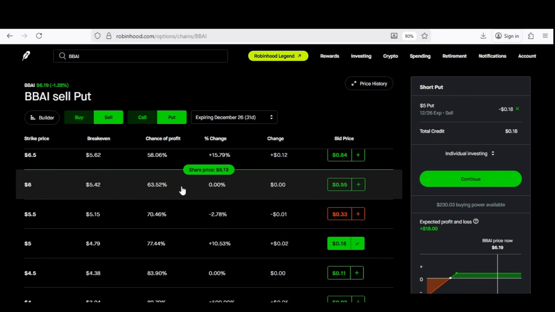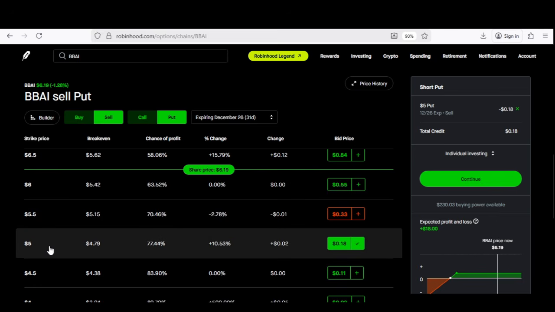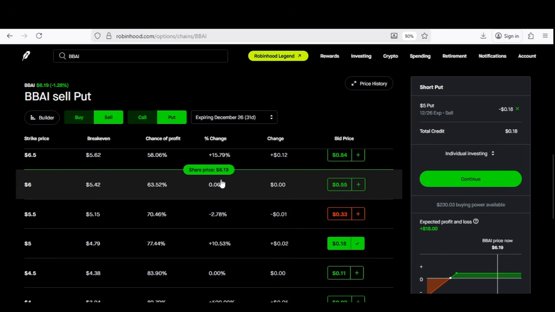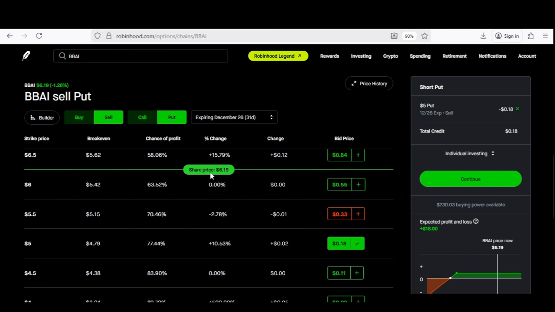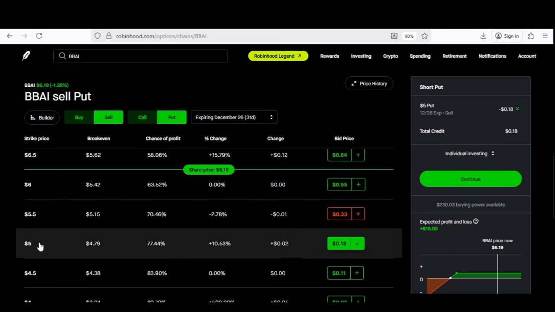The reason it's a win for you is because you lost the trade and now you're forced to buy 100 shares at the $5 price. The reason it's a win is that 30 days prior, that particular stock was trading at $6. So if you want to look at it this way, you actually save yourself $100, which is the difference between the $6 price and the $5 of your cost price, multiplied once again by 100. So you're actually saving yourself $100.